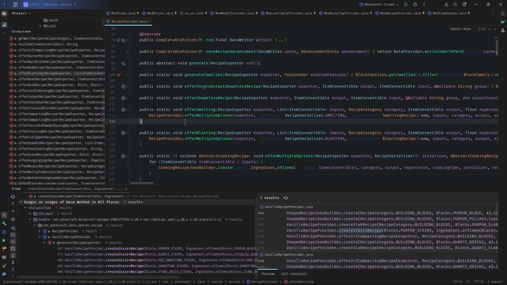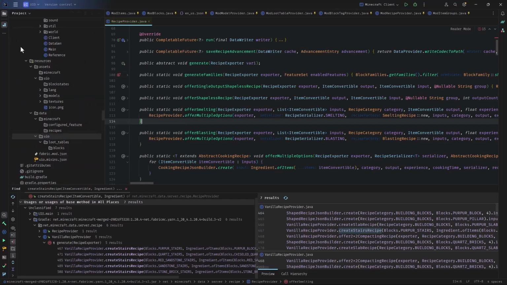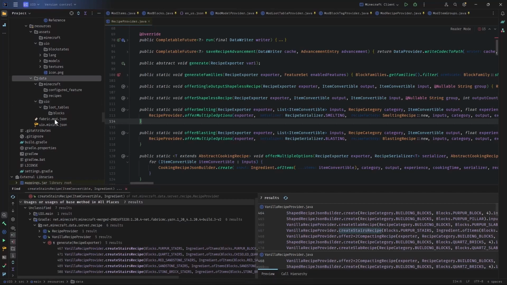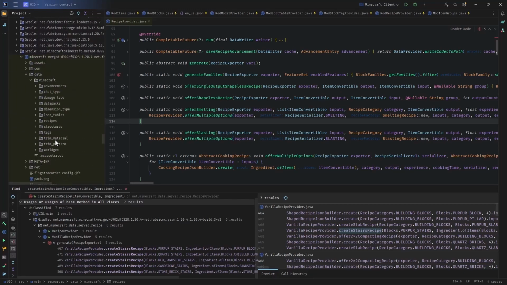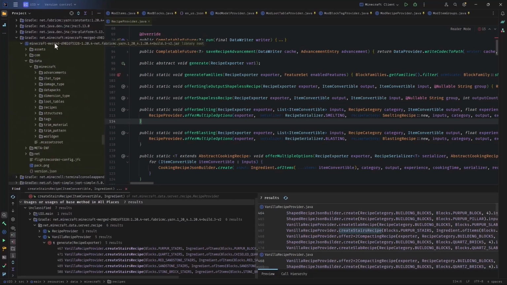If I want to disable this recipe, I have two different options. The very first option is using mixins. Now, mixins is advanced stuff, and we will come back to that later and learn about it. The other way that is easier is to go into your data, make a folder called Minecraft, and inside that, make a folder called recipes and find the recipe you want from the libraries inside net Minecraft merged inside data